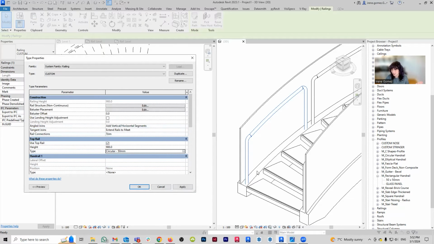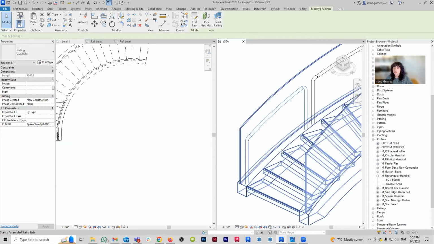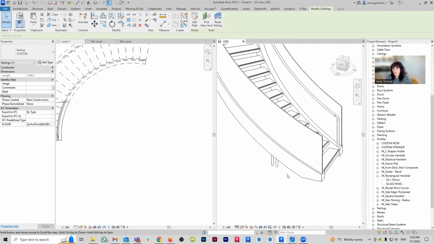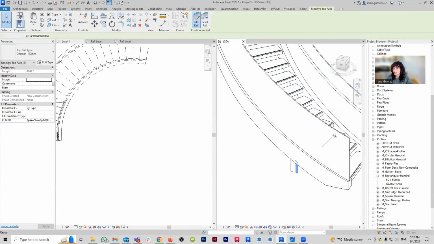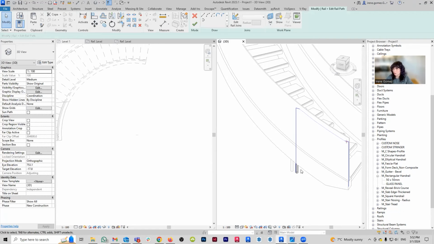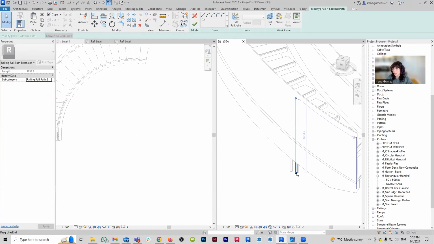Okay, fantastic. What we're going to do here, and this is going to be, again, added to the tedium, we're going to select tab. So again, we're working with the top rail. We're going to edit the path of that top rail. And because this is an addition, I can simply select it and bring it up.